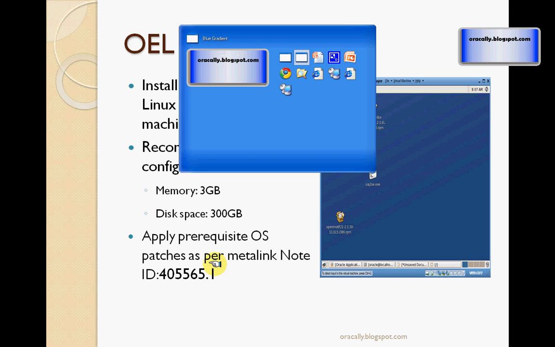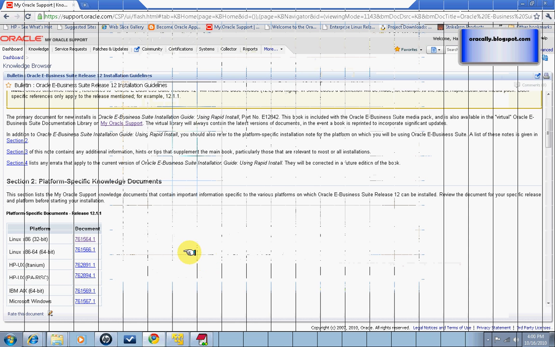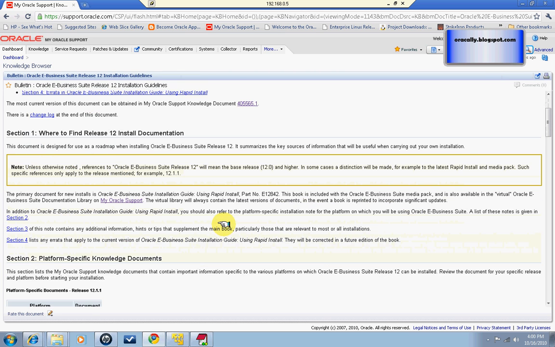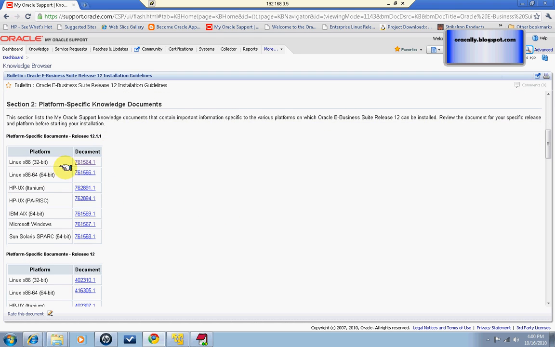So for that we'll go to Metalink. I'll show you where that is. Log into metalink.oracle.com. You need to have your user ID for that, and so here you are. This is the note ID, and if you scroll down for your version, because I use 32-bit Oracle Enterprise Linux